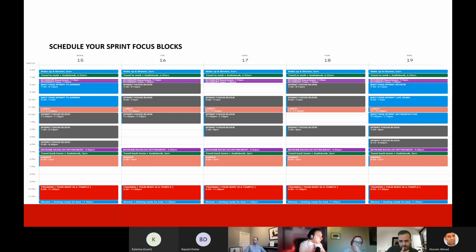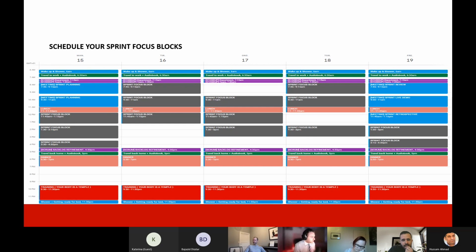This is not a Kanban. Sorry for the size. I should maybe make it bigger, but no, it's this. Yeah, this is just a normal calendar, a digital calendar, Google Calendar, where I prioritize, where I'm talking about the habits within the sprint and the blocks of time you should schedule within the sprint. So all these blocks you see, it's not Kanban, because Kanban is the task. It's just random where I schedule them.